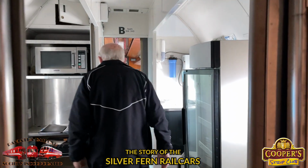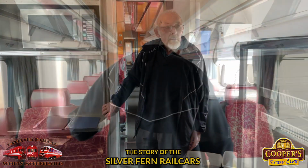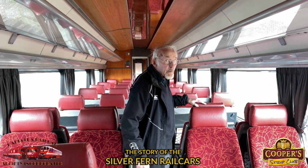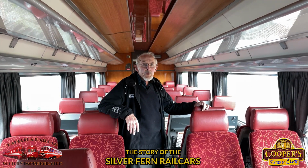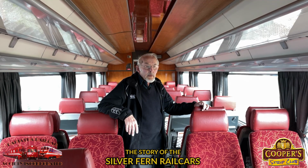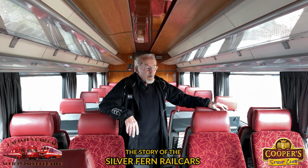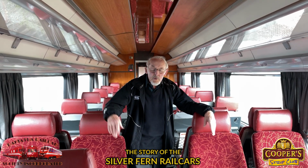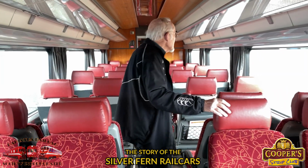And here you've got a galley cum servery, whatever. So this car looks smaller than the previous one. Yeah, it is. It's, I think, just a bit more than a third of the total capacity. Was one of them first class and the other general, or they're all the same? No, I think they're all the one class as far as I know. I mean, there could have been, for example, if you wanted a seat with a table, yeah, that might have cost more in Kiwi Rail days, I don't know. What does that say? 10, 11, 12, 13...